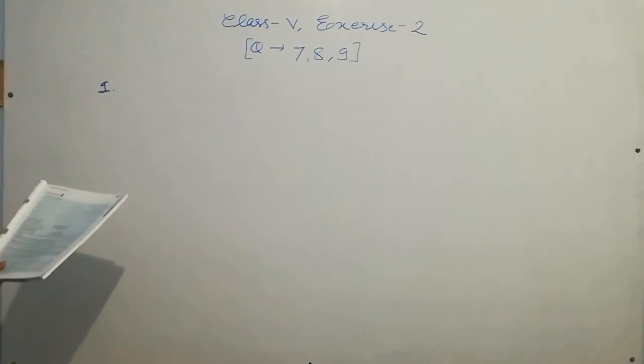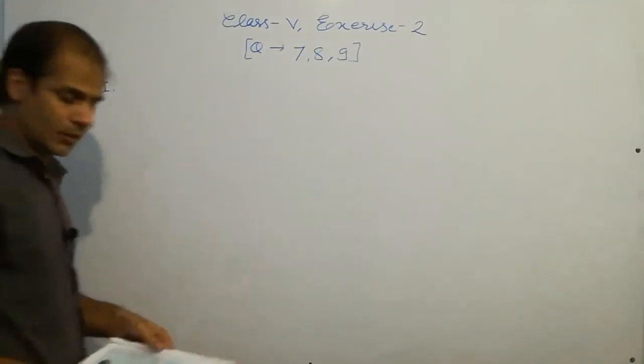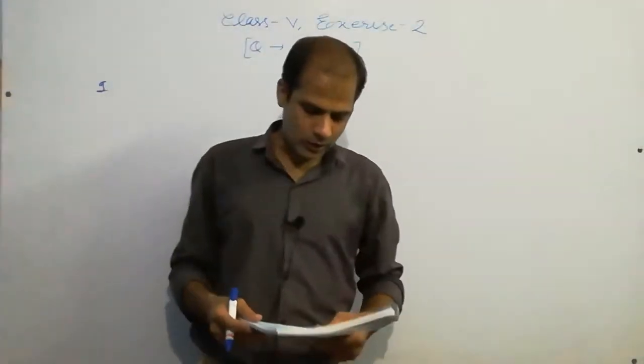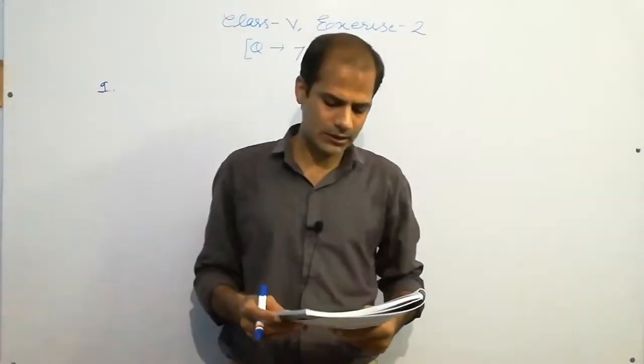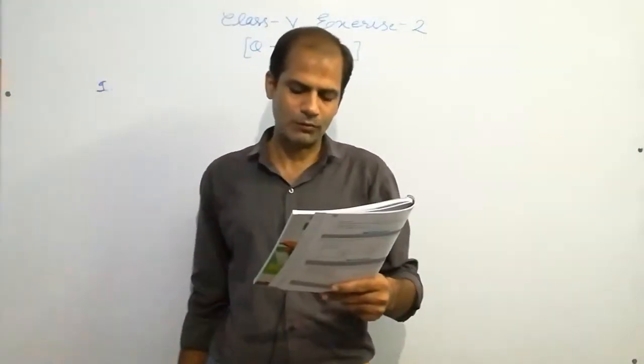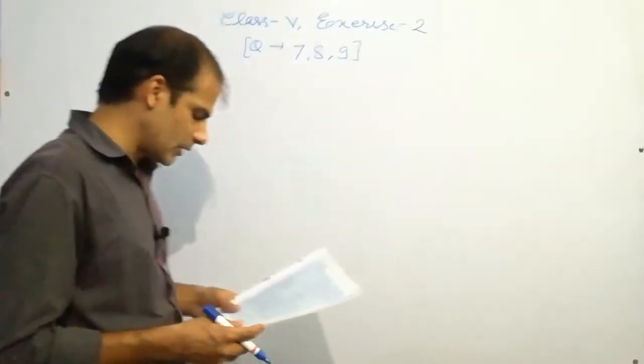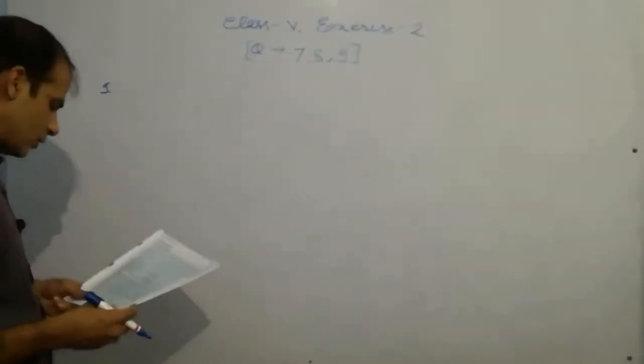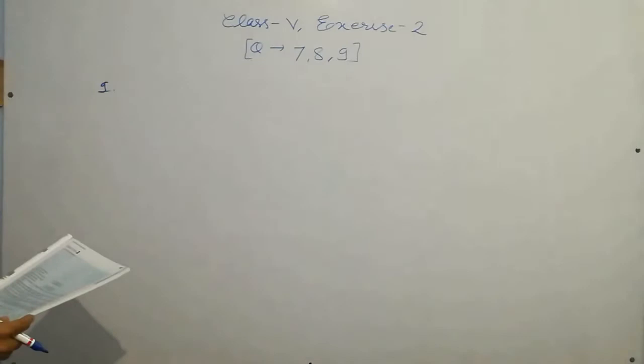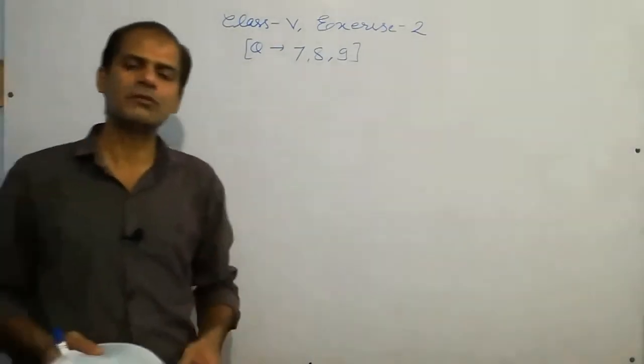9th question. So it is much bigger. I will just read it. A total of 8,976 children were given drops of pulse polio under Bagwas Panchayat in 3 phases. So 2780 children were given drops in the first phase and 2925 children in the second phase. How many children were given the drops in the third phase? What is the meaning of this question?